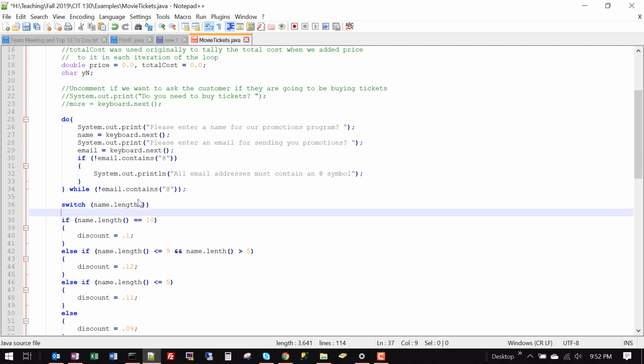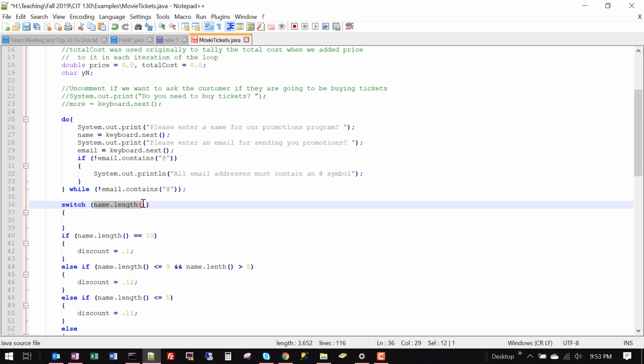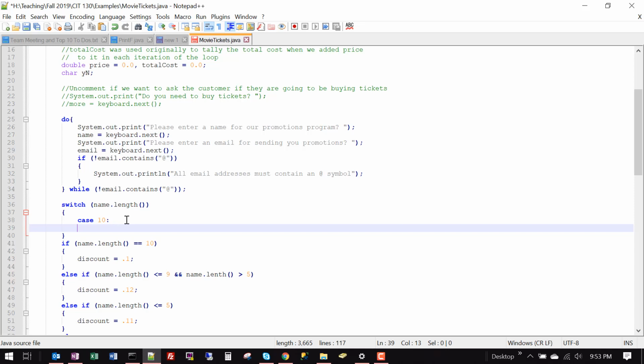When we do a switch statement, we're basically saying, I want to do some tests on the value of this. We do them in a series of cases. Cases are considered equality things. So when I say case 10, that means when name.length equals 10,